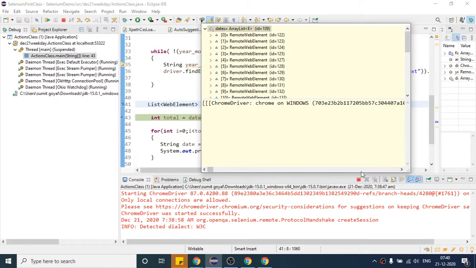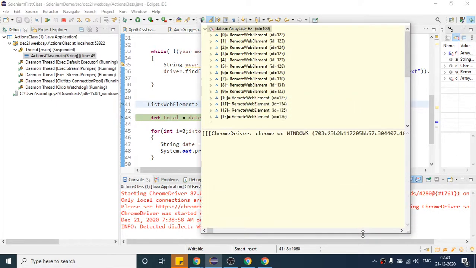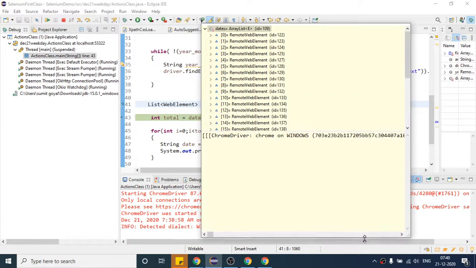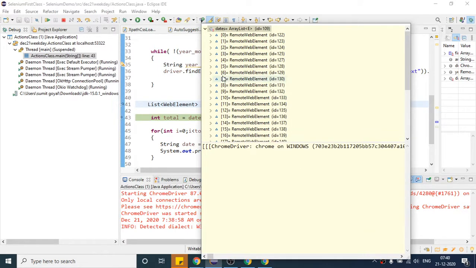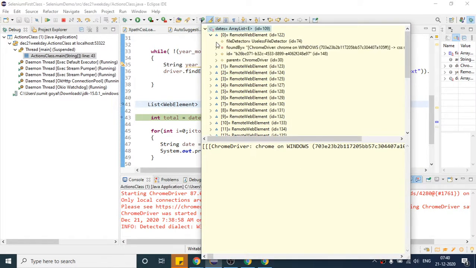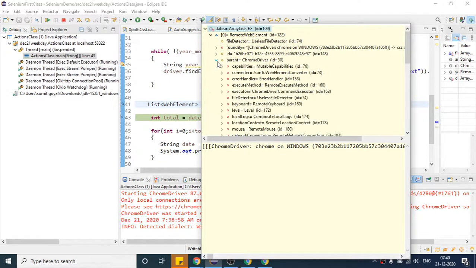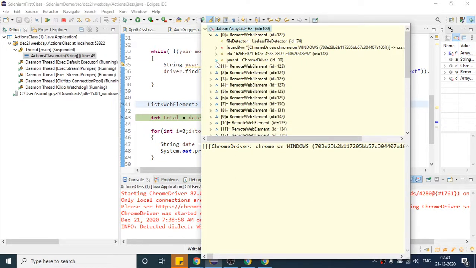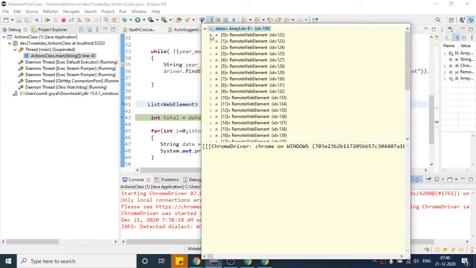Actually the dates are in the form of web elements, so here you will not see the actual date. To get the actual date you have to use the getText method. Wherever a number is present, that means a date.